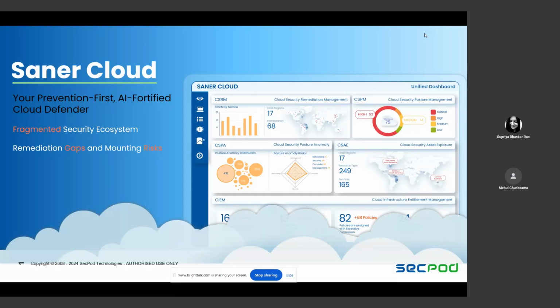Since nobody is talking about remediation gaps, risks keep mounting. And since there is no remediation, misconfigurations and anomalies always remain in your cloud infrastructure. Possibly that is because of a lack of expertise in the engineers building those products, who may not know the ins and outs of cloud security and even cloud infrastructure.